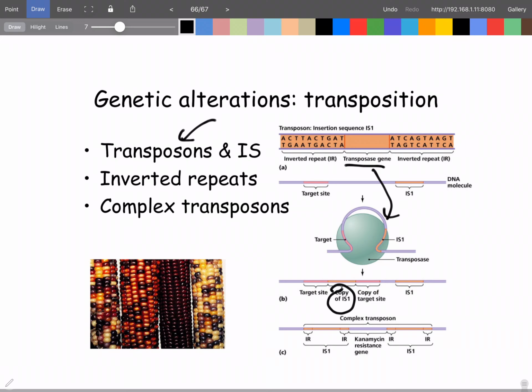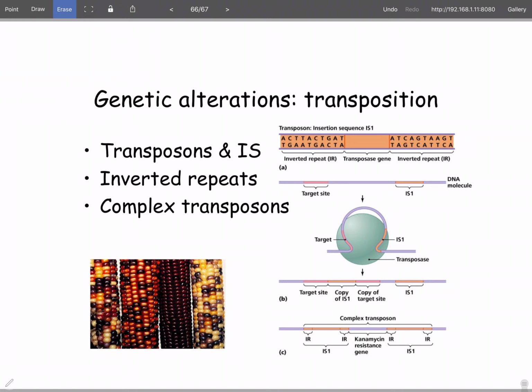Transposons usually not only carry the transposase gene that encodes for this protein and just the ends, but transposons also oftentimes carry antibiotic resistance markers, so they mobilize them. Like I said, these can cause major genetic rearrangements. A complex transposon looks like this, where you have an IS element and another one here, IS1. And what happens is they could be actually far distant on a piece of DNA, but when its transposase is expressed and gets ready to cut this IS element out of the genome, it can cut here and here to mobilize it, or